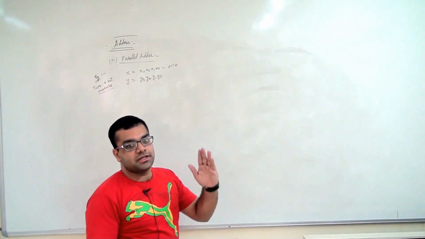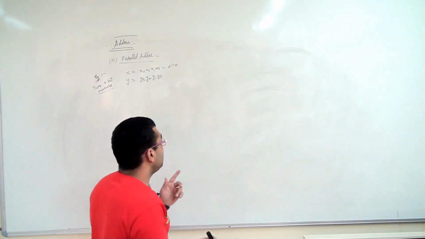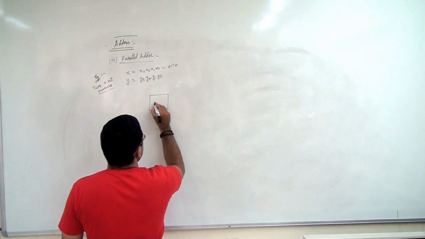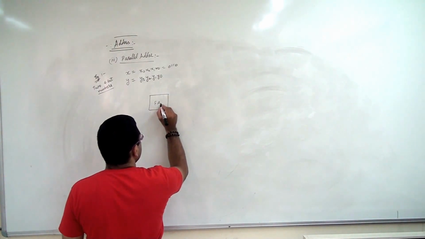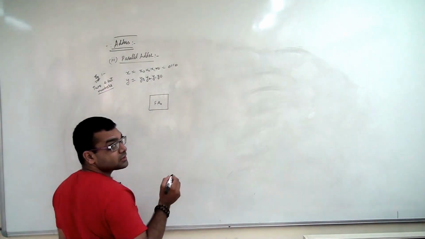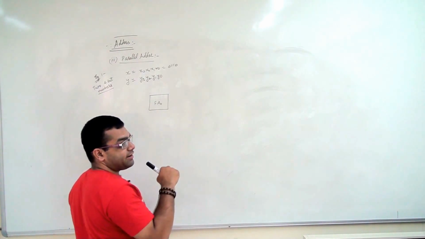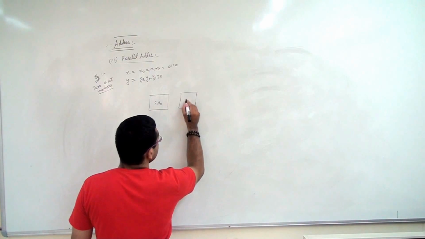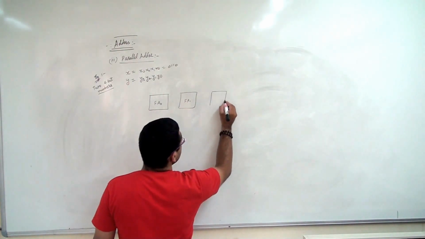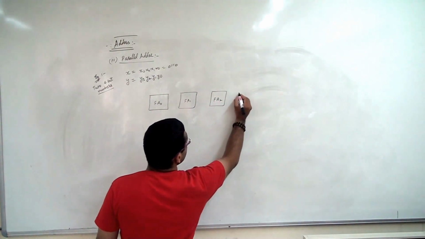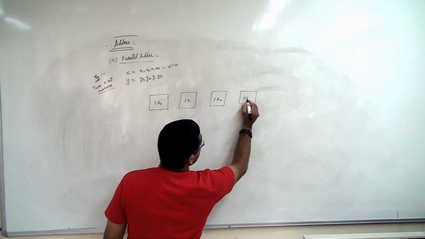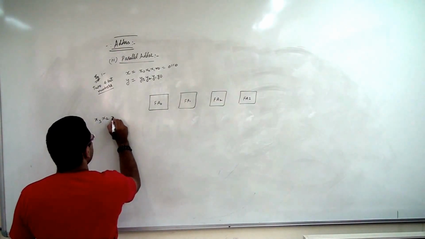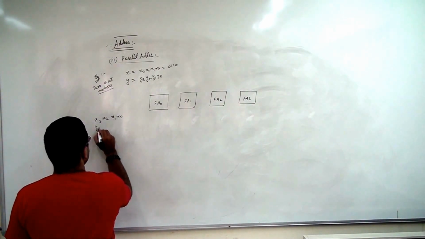Now bit by bit addition has to take place. So what do I do? If I construct this circuit, I actually require say 4 full adders, or 3 full adders and a half adder. We'll see how. Like these. Now what do I do actually? I express this addition in this form.